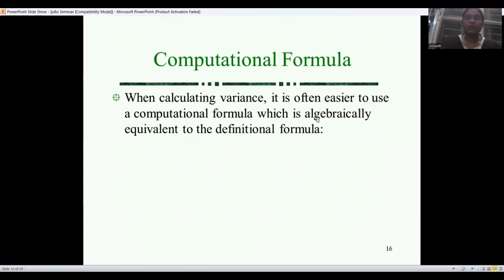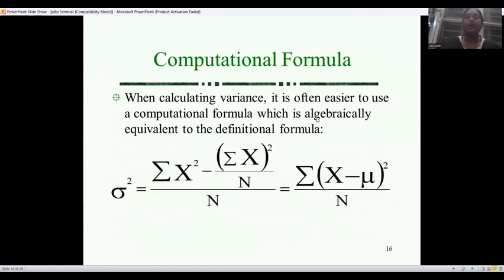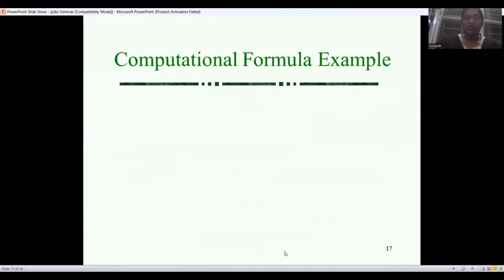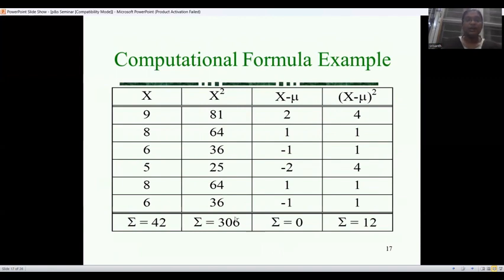The computation formula. When calculating variance, it is often easier to use a computational formula, which is algebraically equivalent to the definition formula. Sigma square is the population variance, where x is the score, mu is the population mean, and n is the number of scores. Here the given data x is 9, 8, 6, 5, 8 and 6